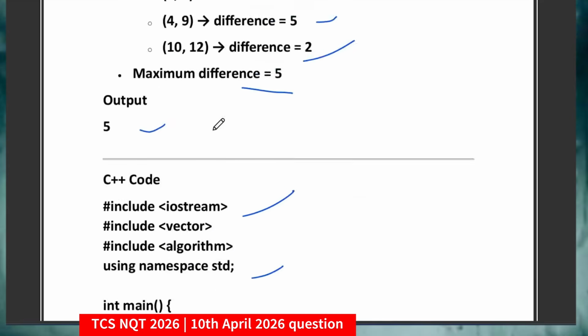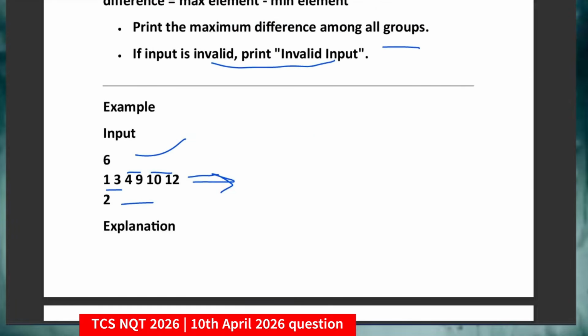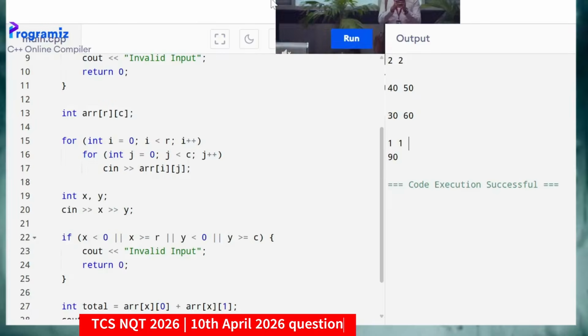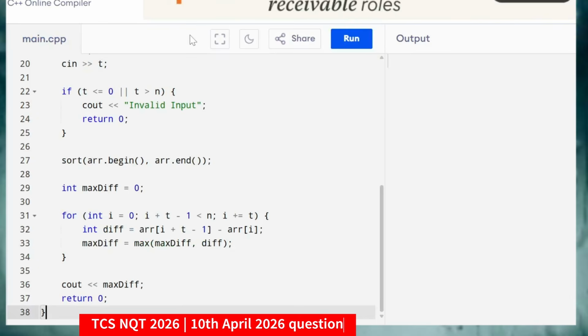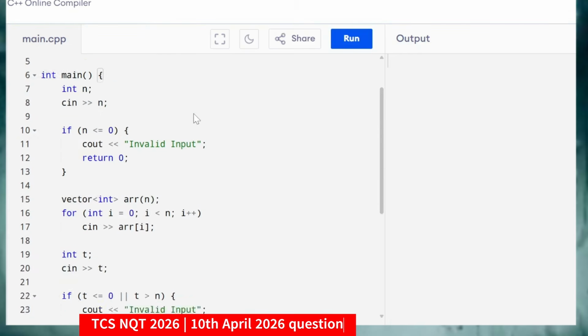That's it. Okay, so for your understanding, let me just run this code in the compiler, then you will get better clarity. So let me just copy this input. For this you should get the maximum difference as 5, isn't it? So let me just run this. For your understanding, I have written all the code as it is,